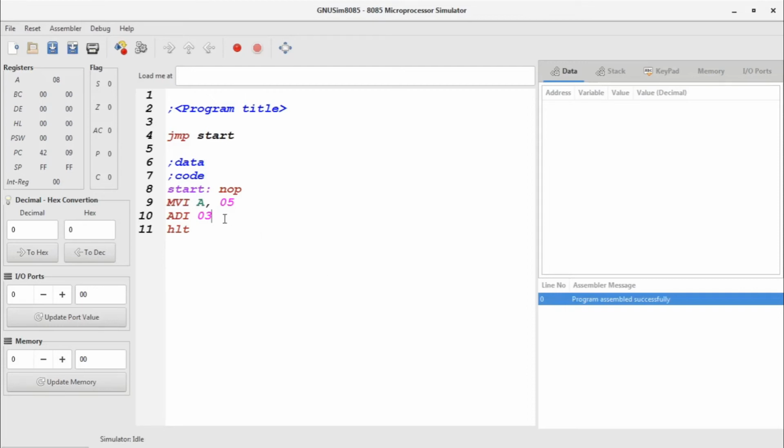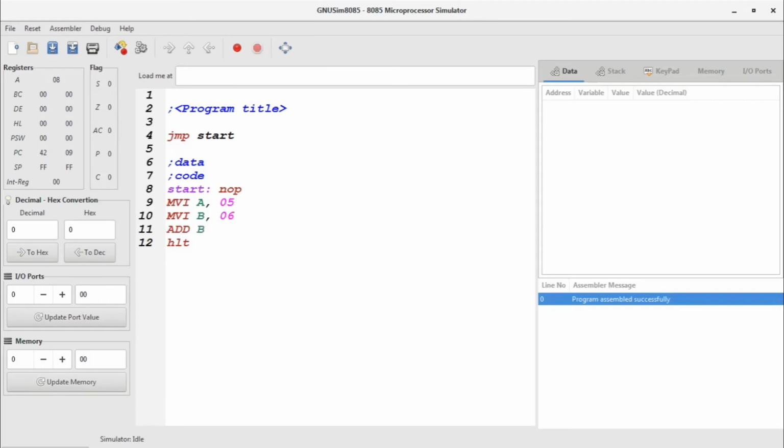The other way we will use now. So let's remove the ADI instruction here, and move another data into a register, any register of your choice. I will write here MVI B comma, again let's make it 06. So now data 5 is going to move into the accumulator and data 6, or the second operand you can say, is going to move into register B, and then we will provide the instruction for adding B's content with the accumulator's content as ADD B.